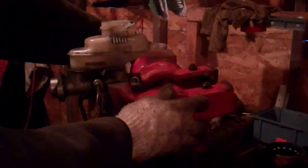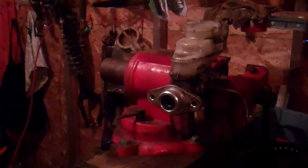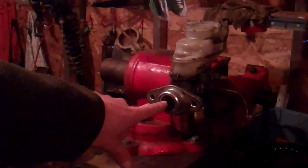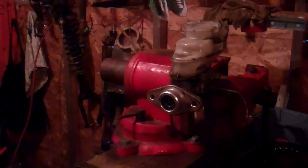So you're going to need something to mount the master cylinder in so that you can keep it good and steady. Obviously a bench vise is the preferred device for that. And I'm just going to swing this around a little bit, because as I do the video we're going to move around a little bit, because I'm going to want to show you this portion here, which is the piston,